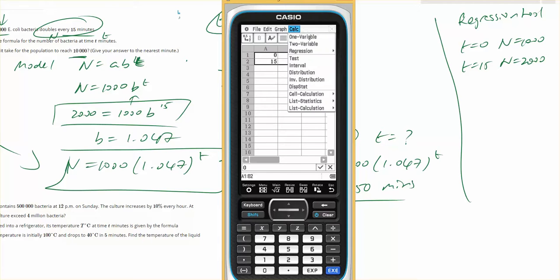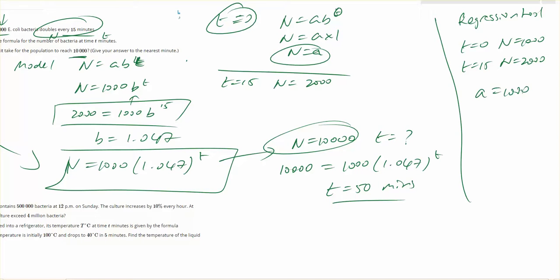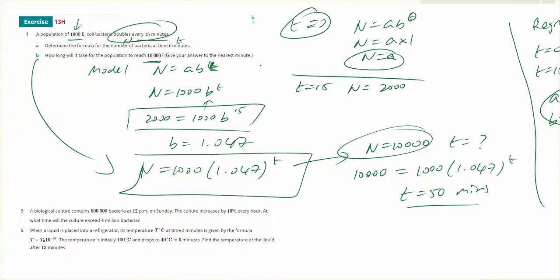Highlight, Calc, Regression, ab exponential. This is very important because the ab exponential is the same model we're going to use. And I get a equals 1000, b equals 1.047, which is exactly what we found. So this might save you some time in the exam. And you do the same process: you put it back into the model and you solve for the population. So that's two methods of solving for